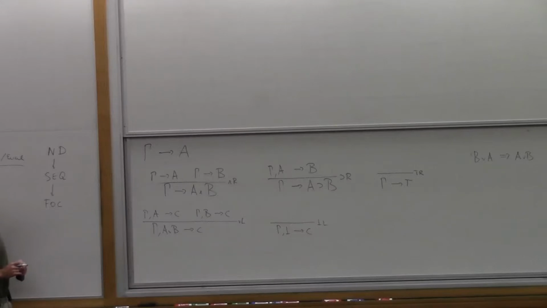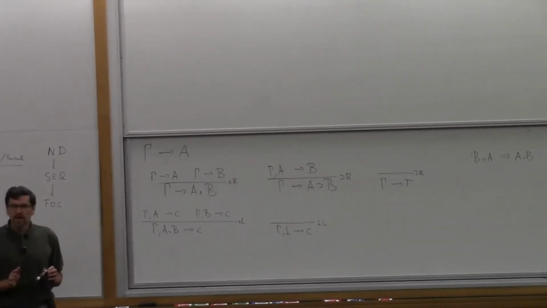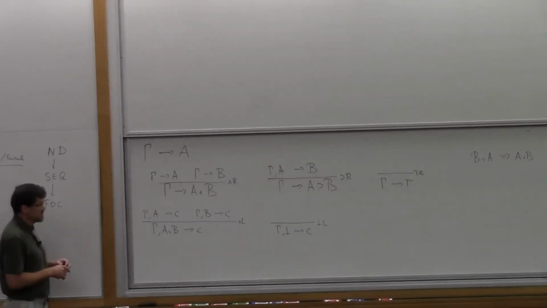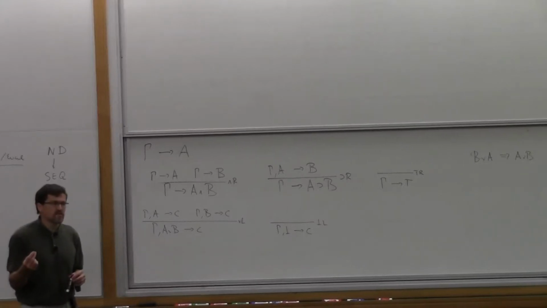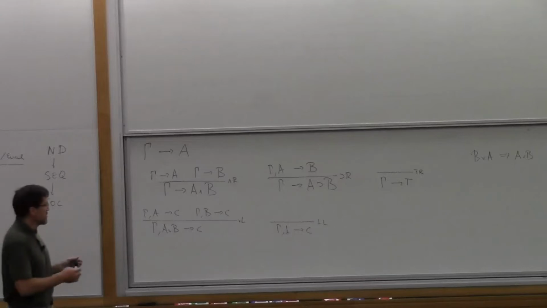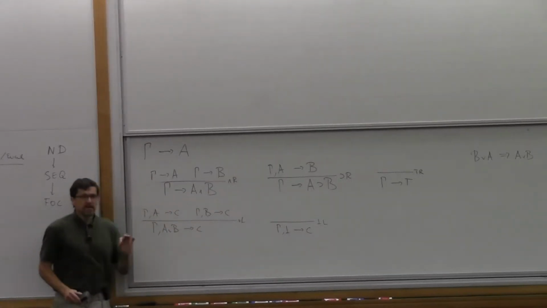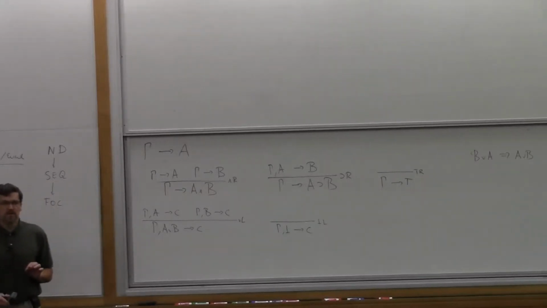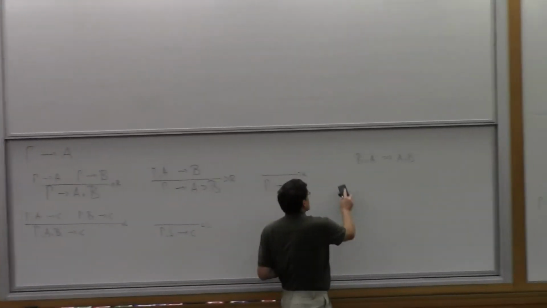Now the interesting fact about these rules is that when we're working in a bottom-up way, we can apply these in any order that we like. If you have a given goal that we're trying to prove, we always end up with the exact same sequents that we have to prove, if we apply all these rules. So we decompose a problem maybe into multiple problems, but the problems that we end up with are always the same, no matter which order we apply these rules in.